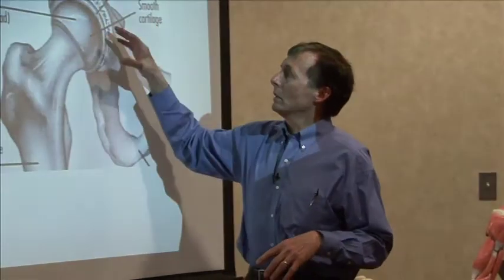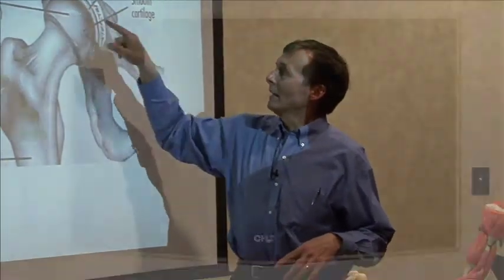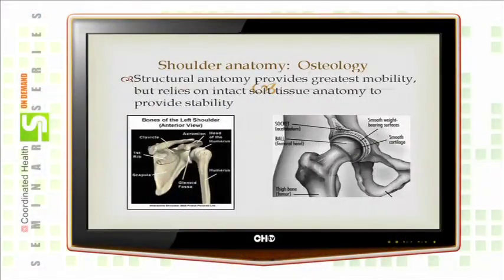And this picture I like because it goes over that basic concept of shoulder stability compared to the hip. The hip is a ball and socket, and the stability is provided by the joint itself. The ball in the socket. It takes a lot of force to dislocate the hip. Hip dislocations are really quite rare. They're usually from major trauma.